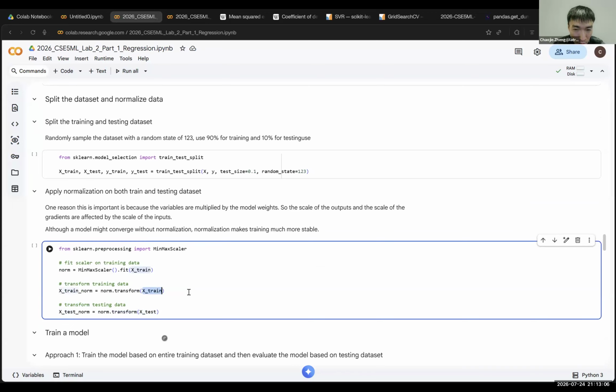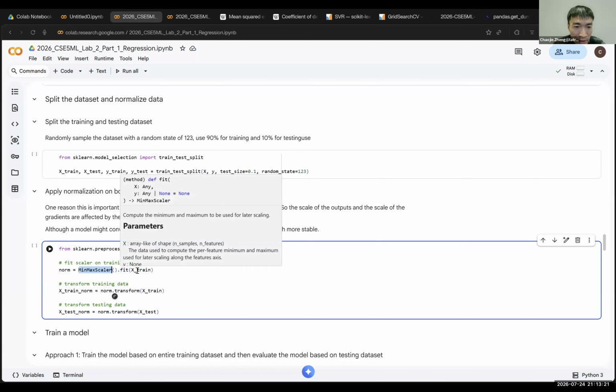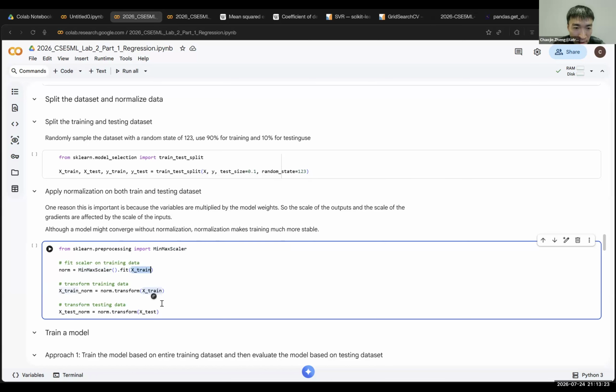Because we cannot allow testing data information to be exposed to the training phase. So this min-max scaler must only fit based on the training data, and it cannot touch the testing data. It must not fit to the testing data